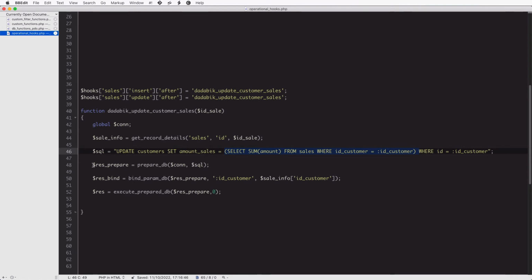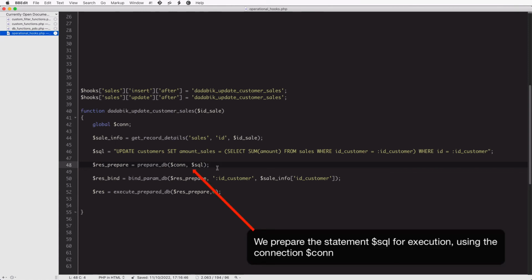In the following lines we will prepare the execution of the prepared statement, and I'm using these functions. These are database related functions. Again, you can use standard PHP PDO here. This is just a slightly more compact way to execute these operations, but behind the scenes, Databeak will execute standard PHP PDO functions.